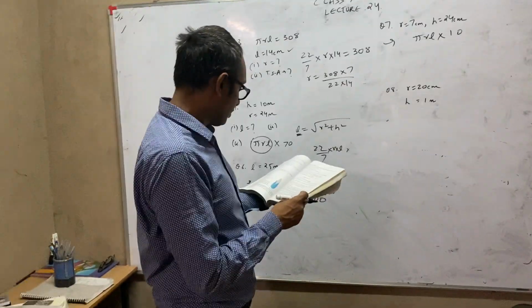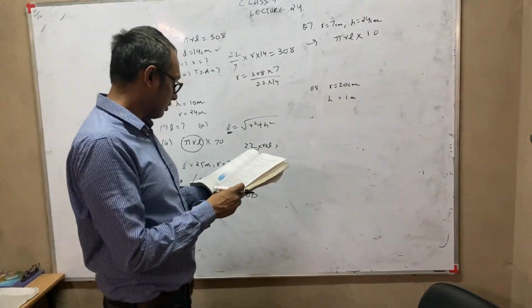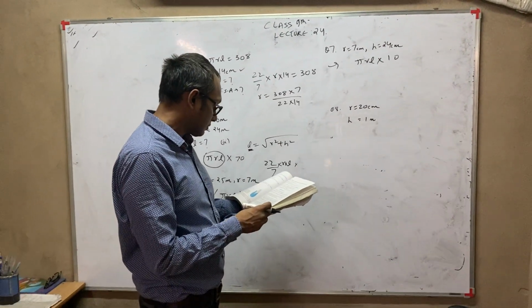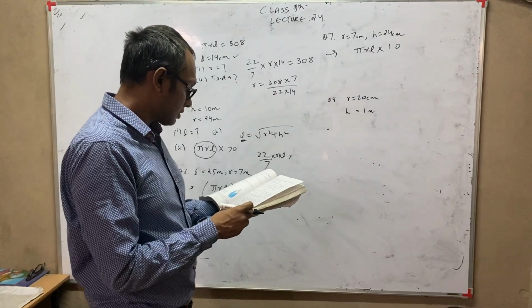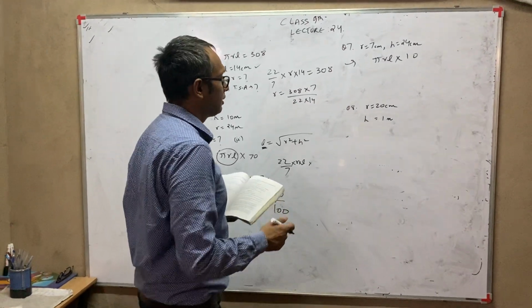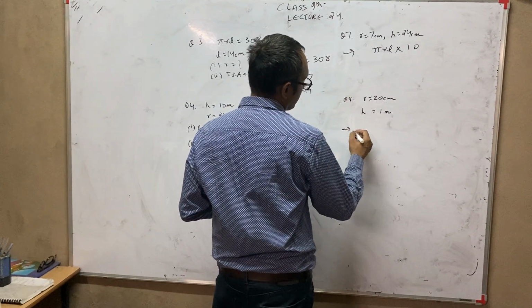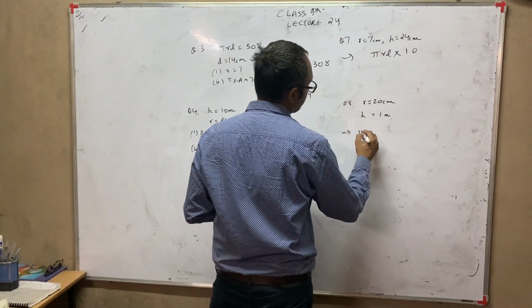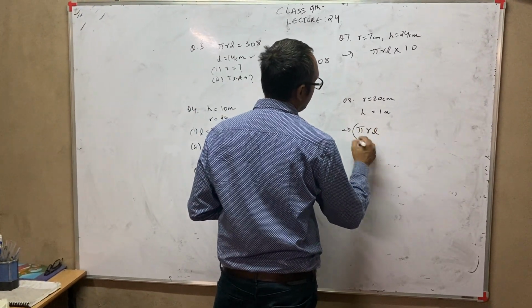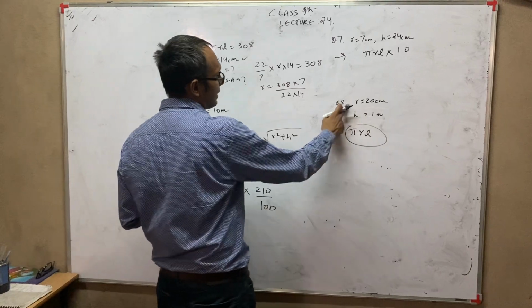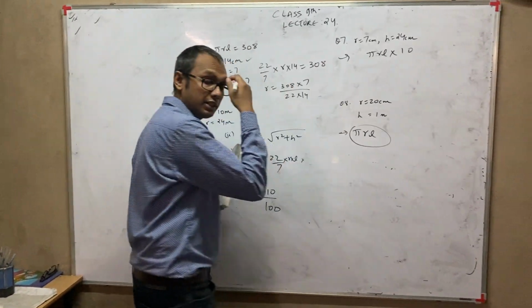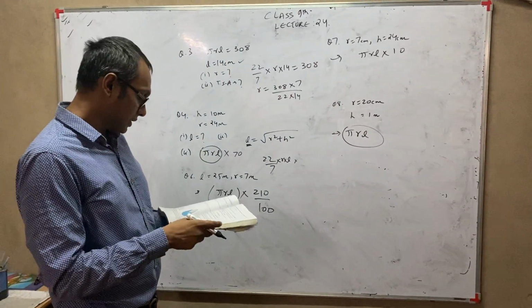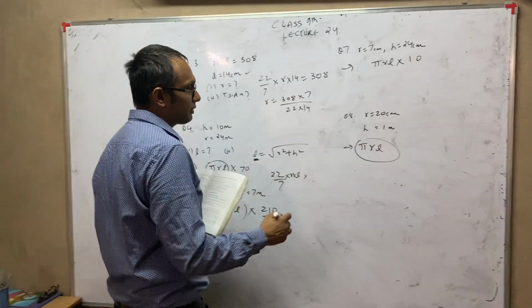If the outer side of each cone is to be painted and the cost of painting is rupees 12 per meter square, what will be the cost of painting all these cones? Now obviously these are cones and only the outer surface we are talking about, so we will have to find pi r L. Now here if we see, r is there, L is not there, that is the slant height, that we have to find. Now in the question if you see below, they have given you some hint.